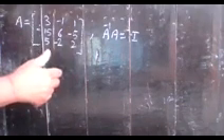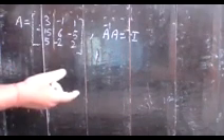One thing, students, please listen to me. The small result that you prove here is also an important result, and you have to learn it. A inverse into A is equal to the identity matrix. The product of these two is the identity matrix. Understand? Here you have to verify it.